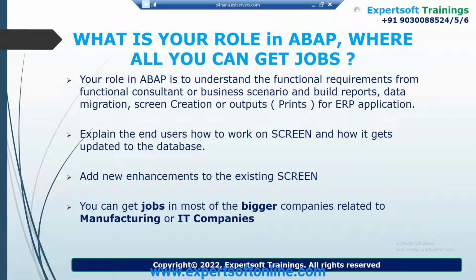Enhancement is something where ABAP has a crucial role. They have to find the enhancement points, BAdIs, and decide where to code, and do it so that it does not impact the whole system. There are multiple types of enhancements: implicit, explicit, BAdIs, enhancement spots. There are multiple ways SAP has given, exits, customer exits, user exits, to enhance the SAP product as per your business requirement.